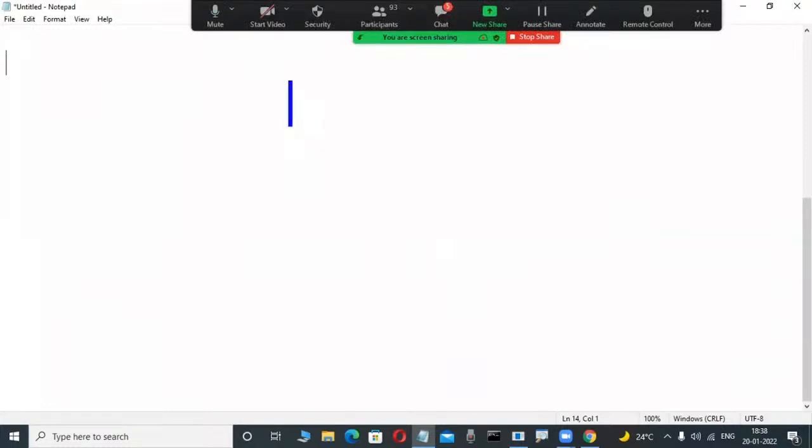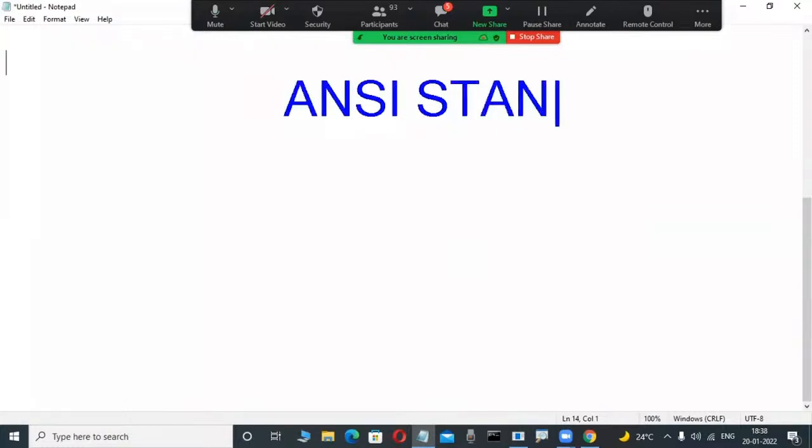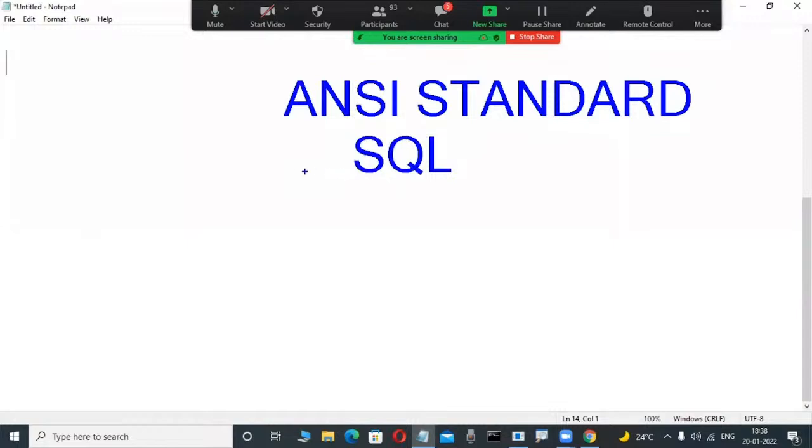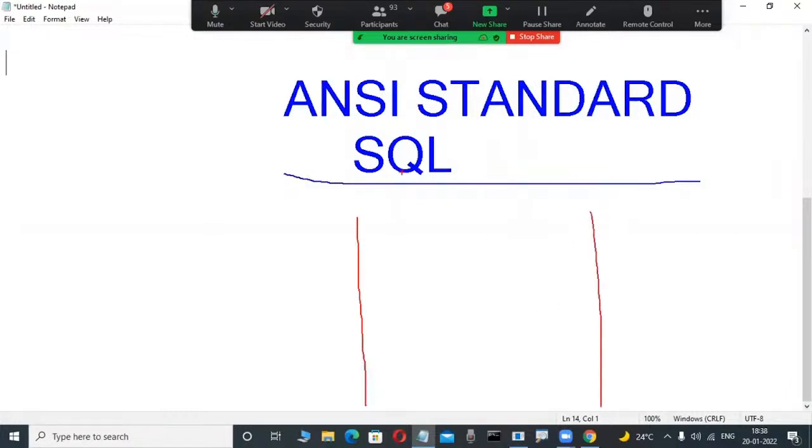The same thing applies here. SQL is an ANSI standard language. ANSI, the American National Standards Institute, defines some standards for the SQL language. This ANSI standard language is used to operate all relational databases. I agree, but unfortunately, from this ANSI standard SQL language, Oracle Corporation created their own SQL that